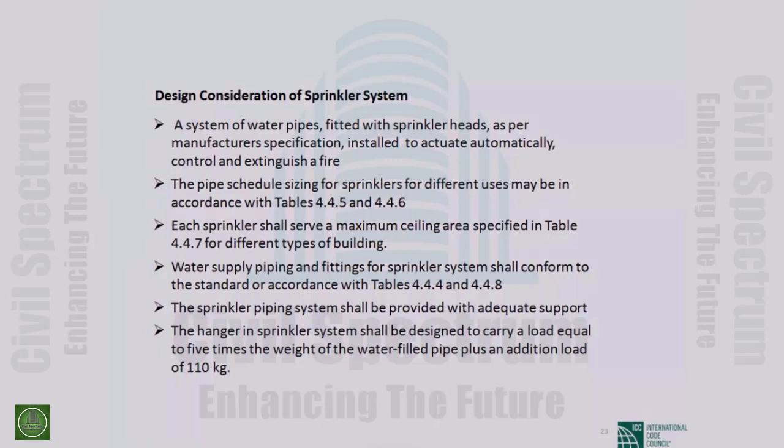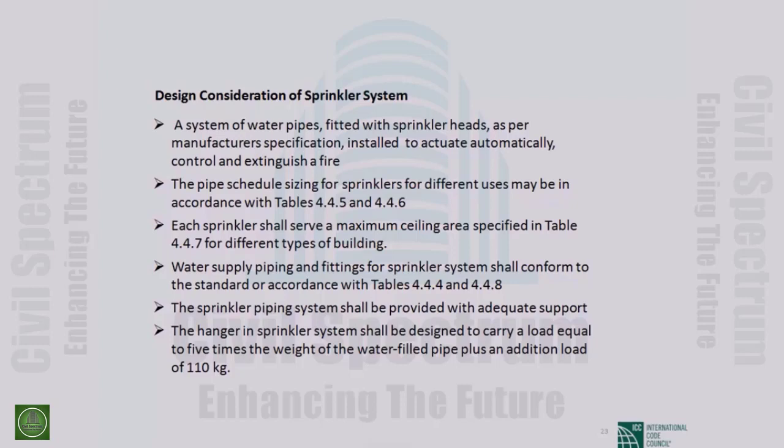There is a number of heads which will cover by a required amount of water. I will show you the table where you can see the size of the diameter of the pipe, and how many sprinkler heads you can install depending on this requirement. If your area requires 10 sprinkler heads, you have to choose that type of diameter pipe. Depending on the number of sprinkler heads, you have to choose the diameter, and you have to connect with the water